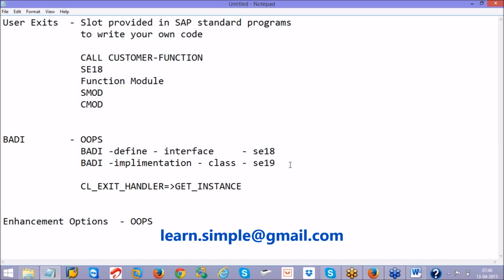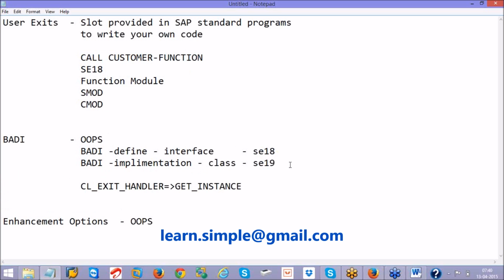So now if somebody came to you and asked you to find a BAdI inside a SAP standard transaction, what you need to do is go to the system status of the particular transaction, look into the program, click on find symbol, and see if anywhere in the program you can find CL_EXIT_HANDLER GET_INSTANCE.